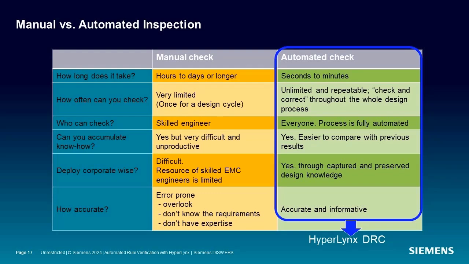Human error is an element here. When you manually check for a board during this process, layer by layer, net by net, it's virtually impossible to do so without making a mistake or without having time to check everything. So let Hyperlink's DRC do the tedious scanning and allow you to scan more nets. Oftentimes, we only had time to check certain specific groups of nets. Let Hyperlink's DRC check them all in a matter of minutes.